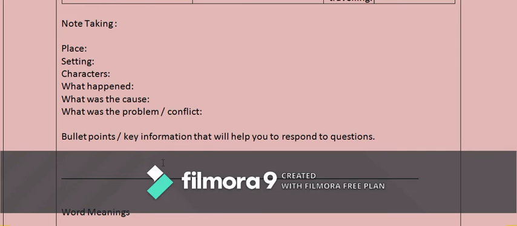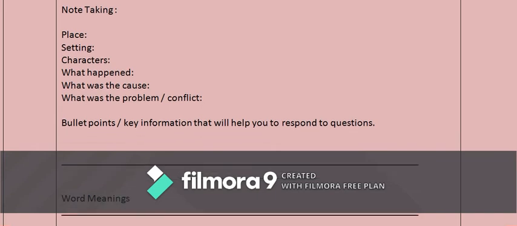And usually the note taking is not a very presentable part in the notebook. It is written hurriedly while you are attending a lecture or watching a video. So do not try to maintain this as a very neat part. It is definitely done hurriedly. Short forms are also allowed, but I expect that you write at least one word or a bullet point over there. Word meanings, this is a space for new words.